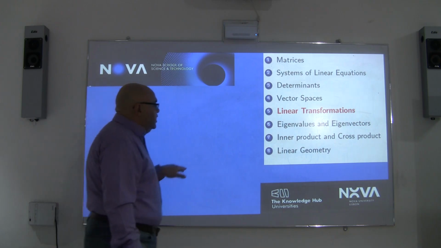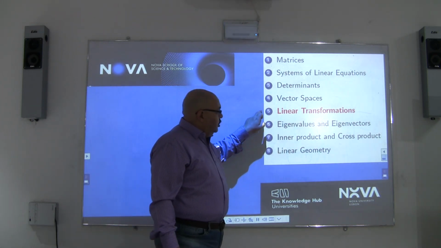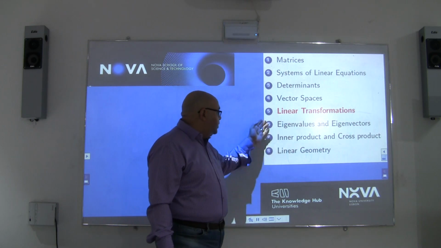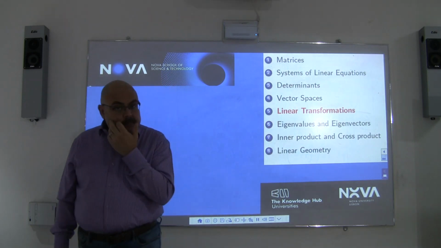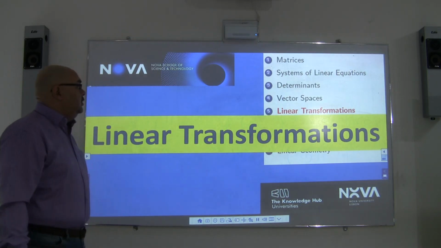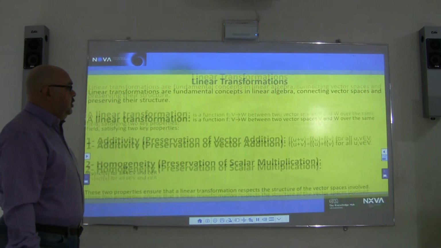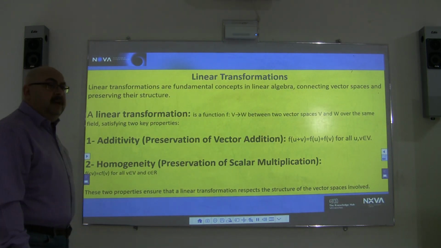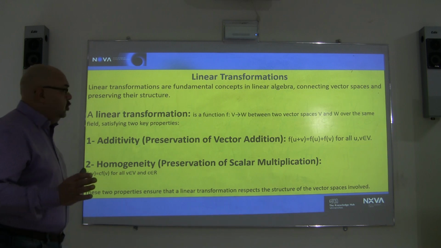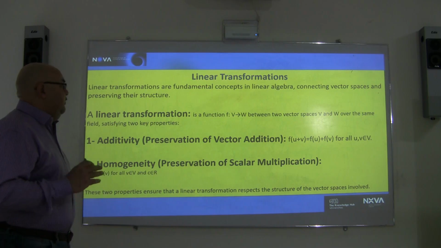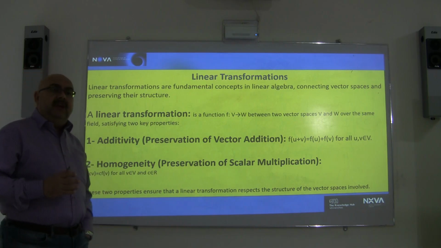And as you can see, this is chapter number 5. We still have chapters 6, 7, and 8 to go. This chapter is important and it contains a lot of information, so I want you to go with me step by step. First, linear transformation fundamental concepts, as I told you, in linear algebra, connecting vector spaces and preserving their